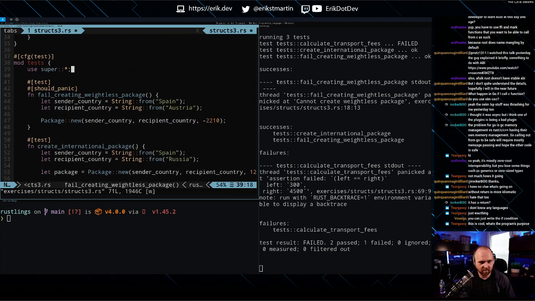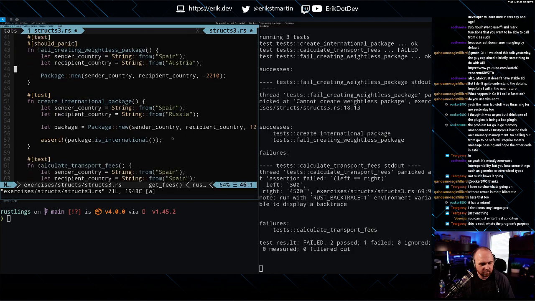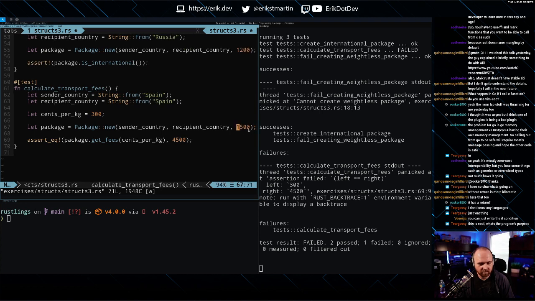All right, we went wrong somewhere. That should be right. So this is 1500. Why is that always returning back cents per kilogram? That doesn't make any sense to me.